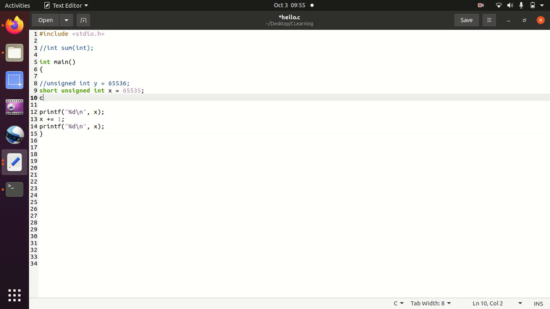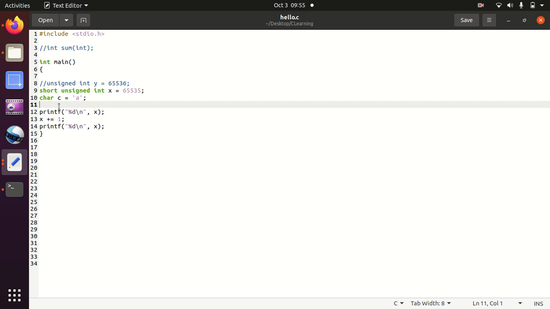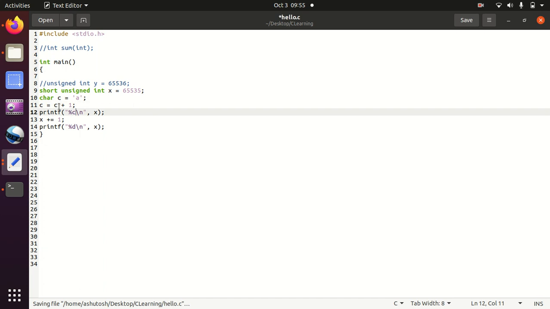You have char c equal to 'A'. Characters always come in single quote, not in double quote. In Python this differentiation is not there, but in C this is there. Character c equal to 'A', and let's say you want to print B, so you can do c equals c plus 1 and you can print.